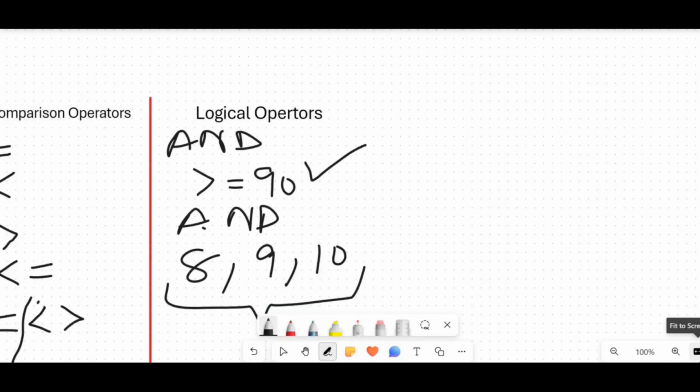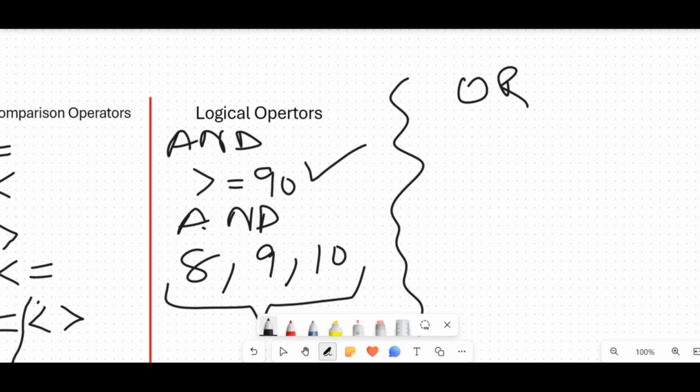Now there are a few more. We will learn about the OR operator. So what is the OR operator in logical operators? What it does basically, for example, now we will take the same example. Let it be like I'm looking for students who have scored 90. And now we have a condition that their surnames are basically something like Jones,